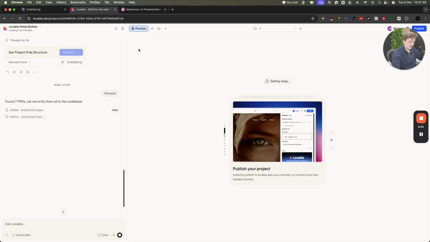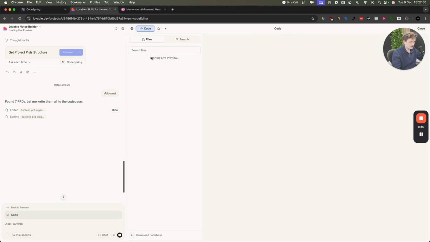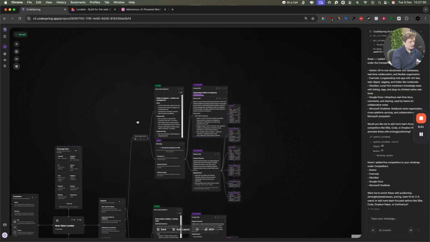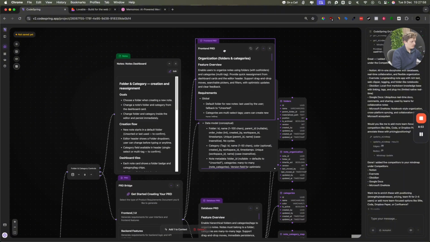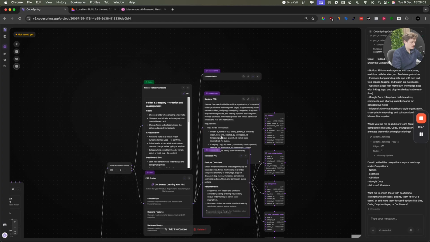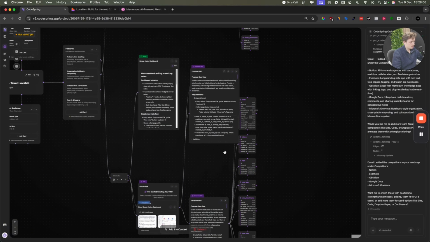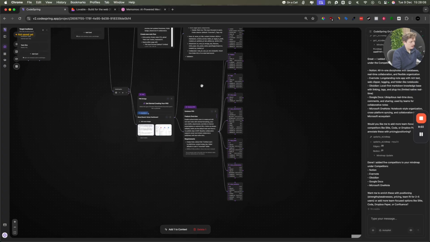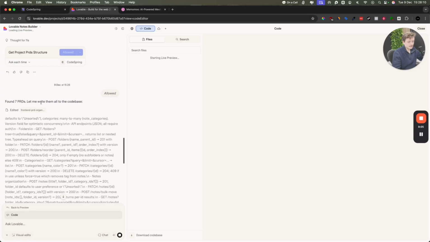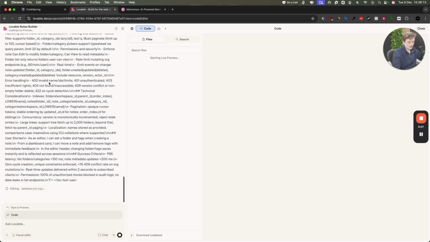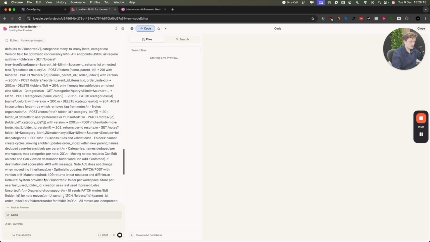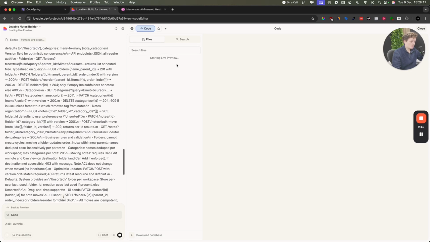Now you can see here, I don't know if it's actually going to show us in the files yet, but you can see we've got the front-end PRD org and PRD org here. And essentially what it's taking here is these are the front-end PRDs for organization, and then it's doing the back-end PRD for organization. It'll do the database one, and then it'll move on to these ones here. So we've got the front-end one here, and we've got the database one here. And it'll add them all in. So it's starting to get all the information here. And it depends on how Lovable handles these things. Hopefully it'll actually add them to the